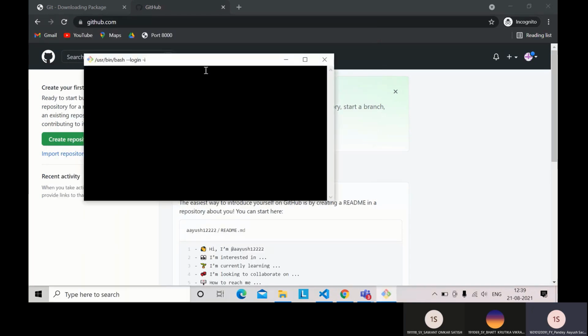It is particularly used for Git and is similar to Linux. To check that you have downloaded Git successfully, type git space hyphen hyphen version, and you can see your version. My version is 2.31.1, which means you have successfully downloaded Git.